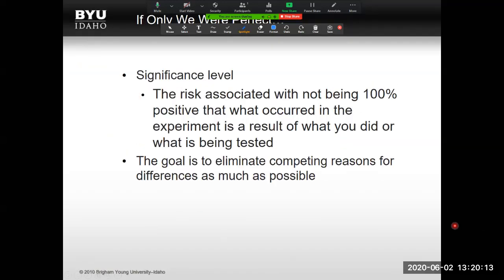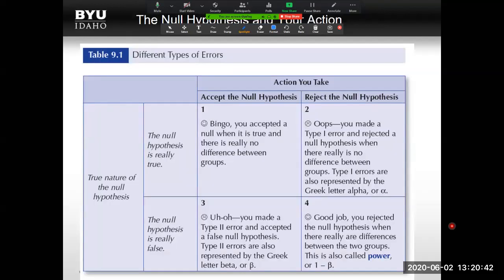Okay, so let's talk about hypothesis testing. Hypothesis testing, inferential statistics, deals with probabilities. You're never going to be 100% certain of things. If we knew something with 100% certainty, there's no reason to use statistics. Statistics is all about the probability of something occurring. So we want to eliminate competing explanations, but we also recognize that there's some uncertainty,